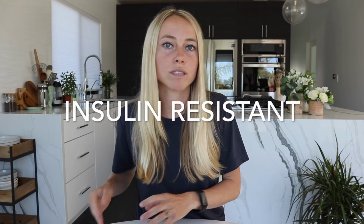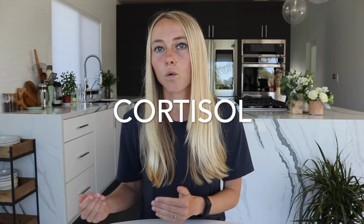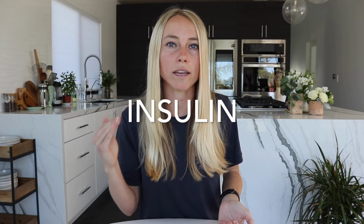morning. This is because in the morning is when most people are going to be the most insulin resistant. And this is due to naturally higher levels of cortisol in the morning. So breaking my fast too early in the morning when my body's going to be more insulin resistant can lead to higher increases in the storing hormone insulin, which then can completely shut off that fat burning process called lipolysis. And especially for maintained energy levels, I like to really optimize for staying in that more fat burning state in